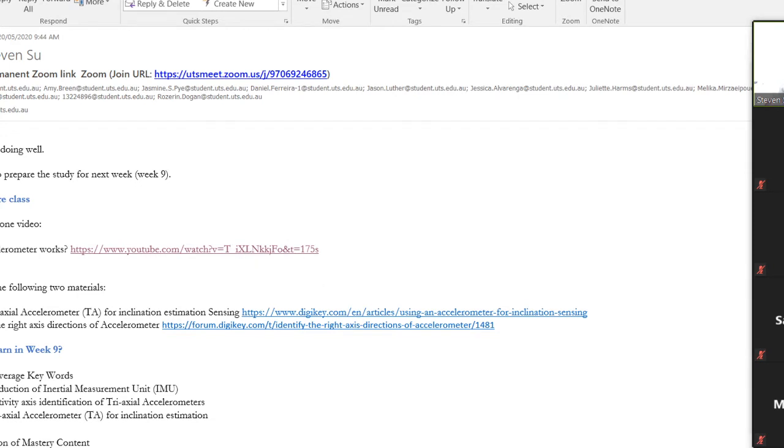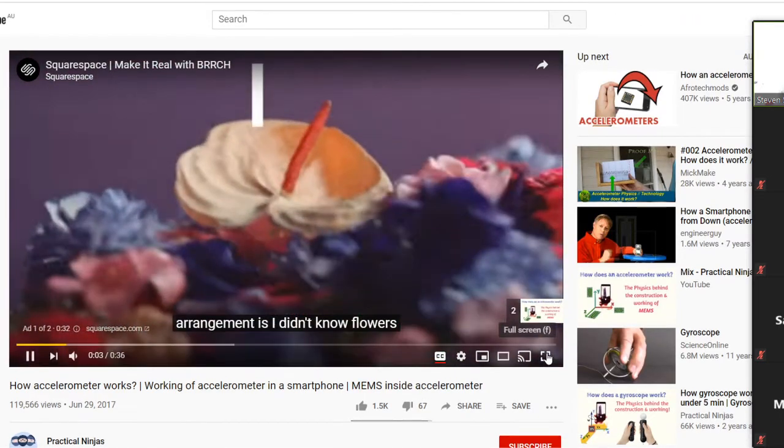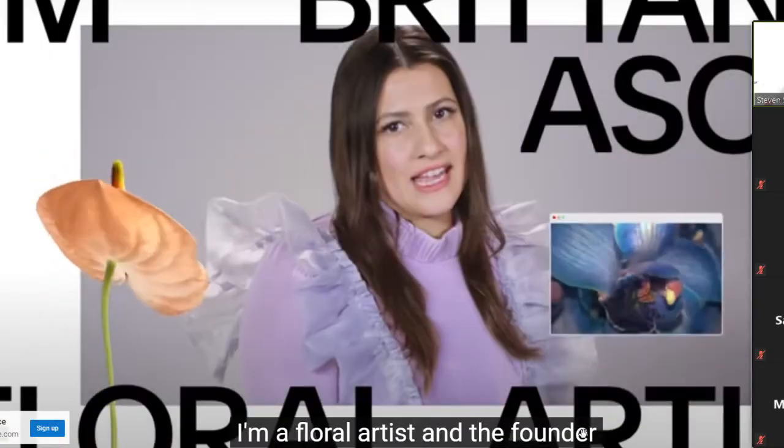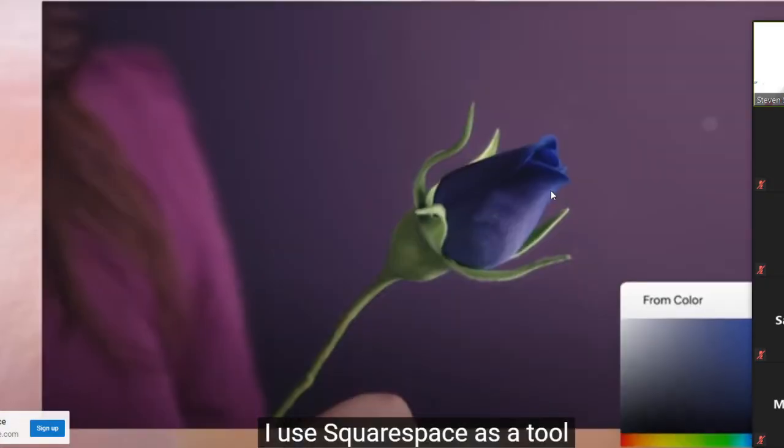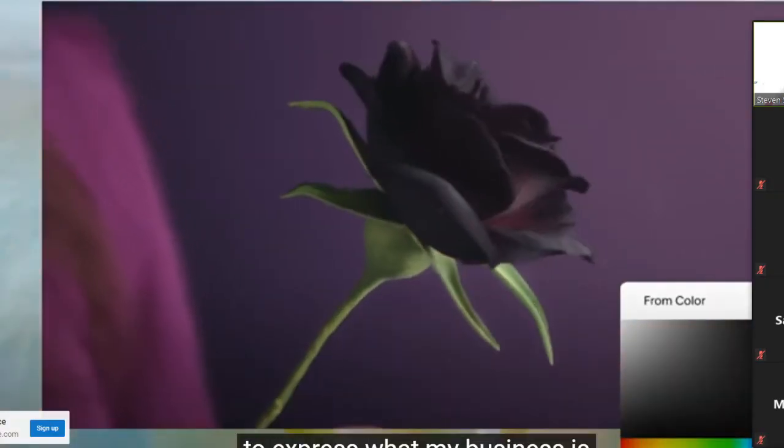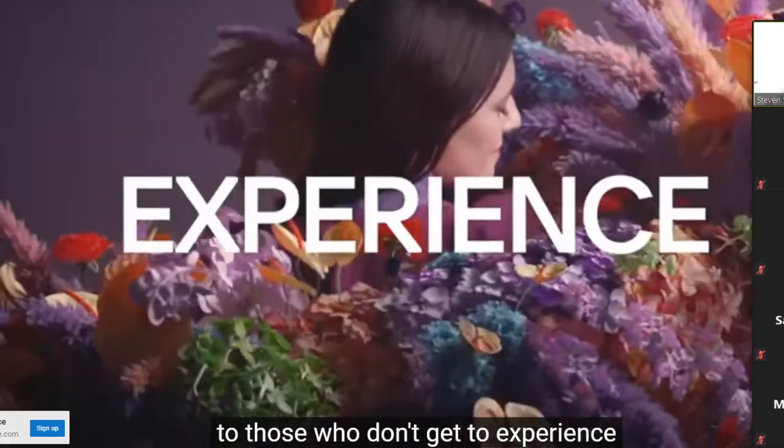The most common reaction to a Birch arrangement is, I didn't know flowers could look like this. I'm Brittany Ash. I'm a floral artist and the founder and director of Birch. I use Squarespace as a tool to express what my business is to those who don't get to experience the value